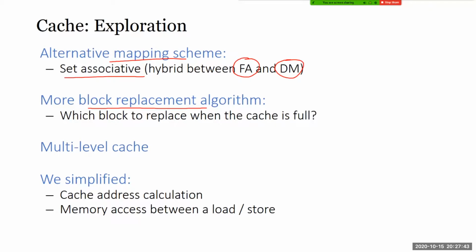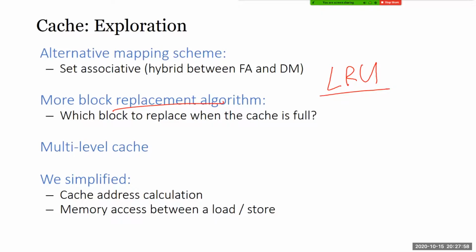So we talk about block replacement algorithms. I'll just mention here there are two general replacement algorithms. The first one is least recently used. If you want to replace a block, you replace the block which was least recently used. This is of course assuming fully associative. If you're direct map, then no choice. Direct map, most of the time when you bring in a block, you just replace it already. You can't do anything about it.